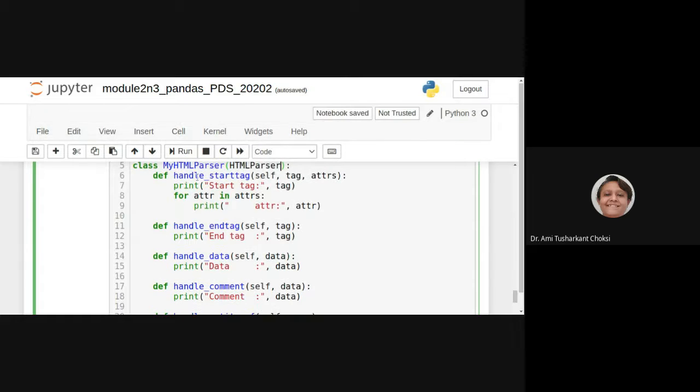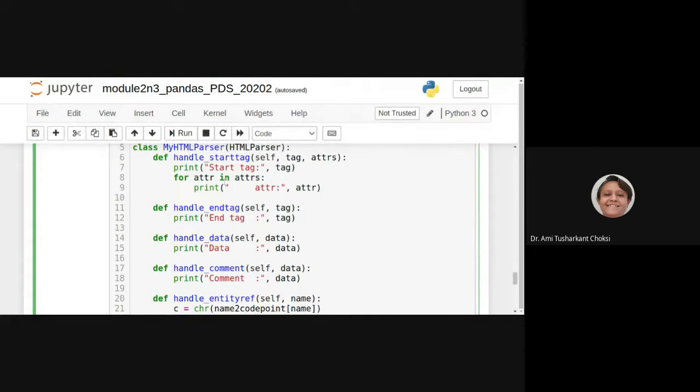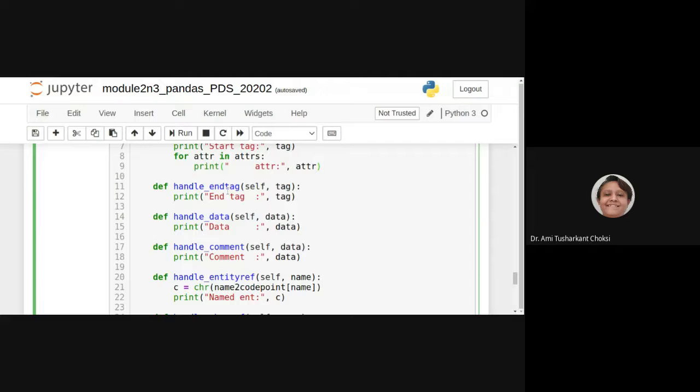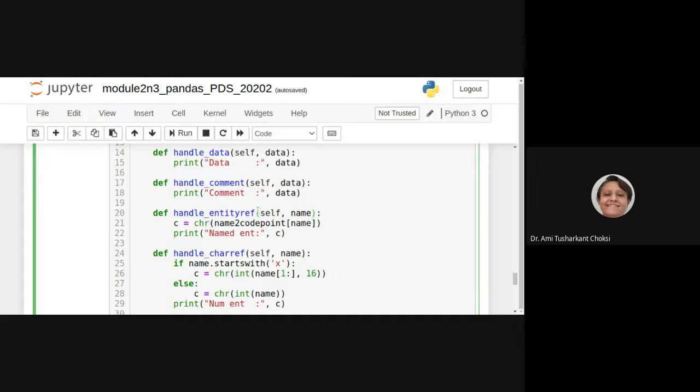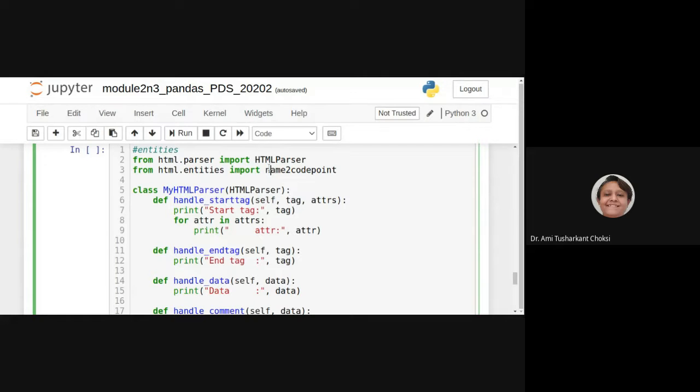Here we have handle_starttag, that was there, but now we are modifying it to print the attributes, one by one, for attr in attrs. Then handle_endtag, handle_data, handle_comment, handle_entityref. For the entity reference we use chr, to convert to a character, with name2codepoint, the function we have used.